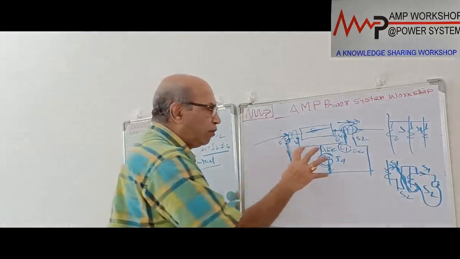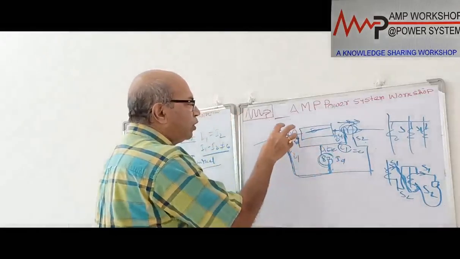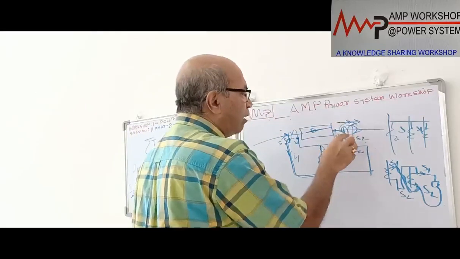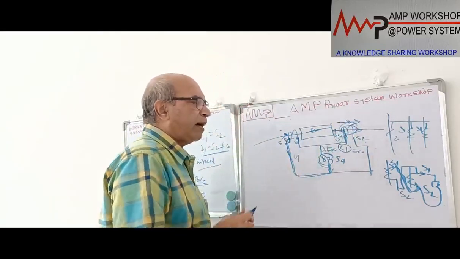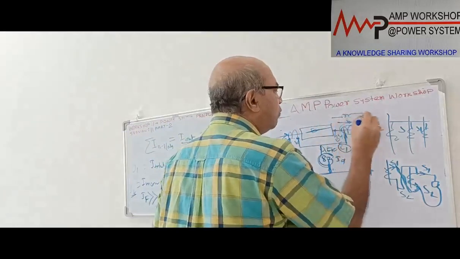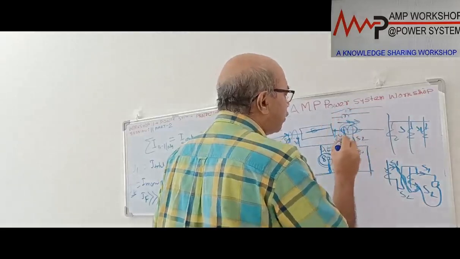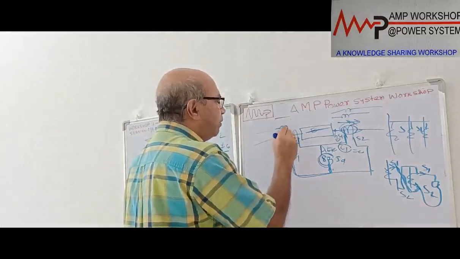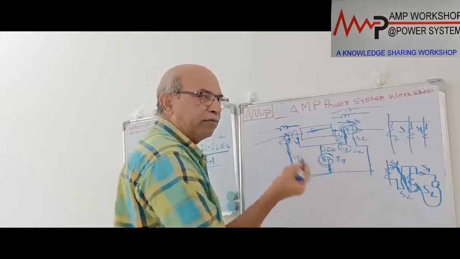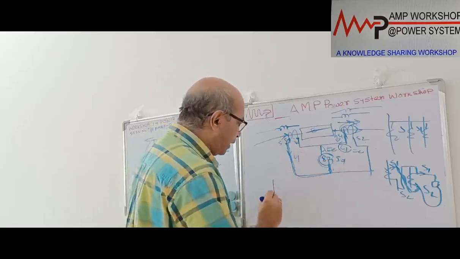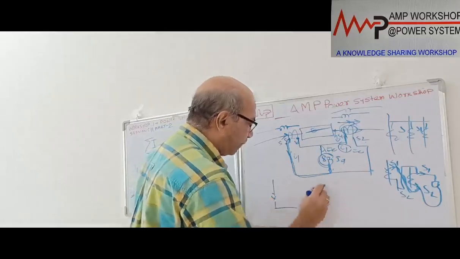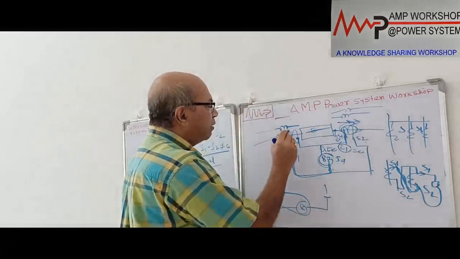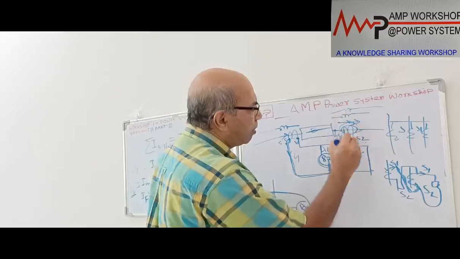In that case, if we want to monitor this current, what do we have to do? We have to monitor the current on the incoming as well as the outgoing. Here we have shown only one outgoing, but we have multiple outgoing. In the case of incomers, there may be one incomer or two incomers, or a bus coupler with the incomer. In our present case, we have a maximum of two incomers, like this: this bus coupler, these two incomers, and all the rest are outgoing.